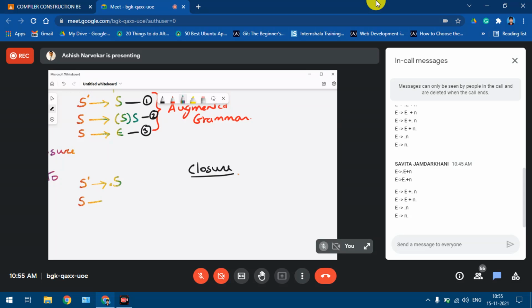S gives, what is the first production of S? It is this, with a dot on its left end. We have one more production, that is S gives epsilon. Since there is S gives epsilon, I have to write the LR0 item for it. We know that for epsilon it is just a dot.